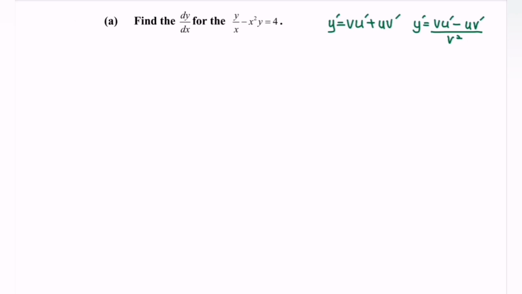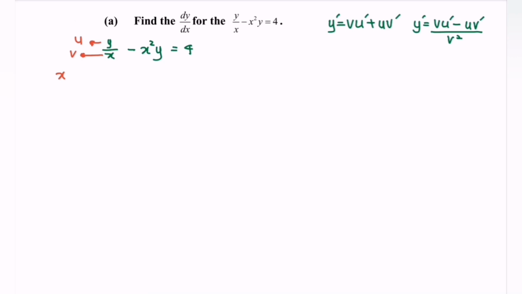So kindly refer to the situation y over x minus x squared y is equal to 4. So kindly let this one as u and this one as v. Differentiate the equation with respect to x. So by using the quotient rule where we have x